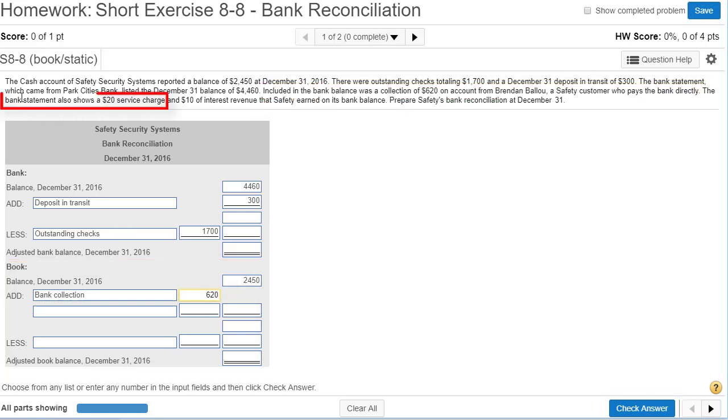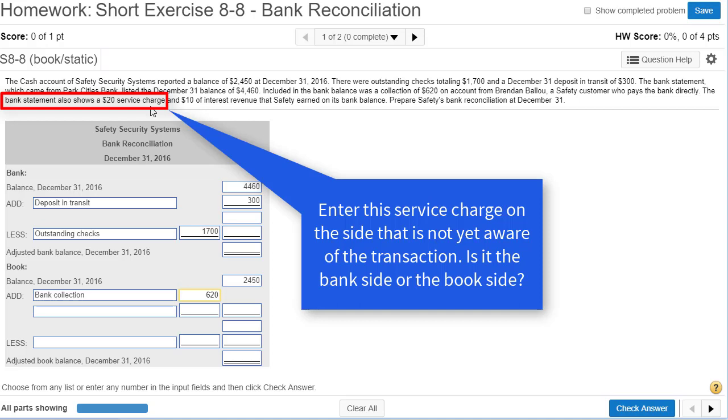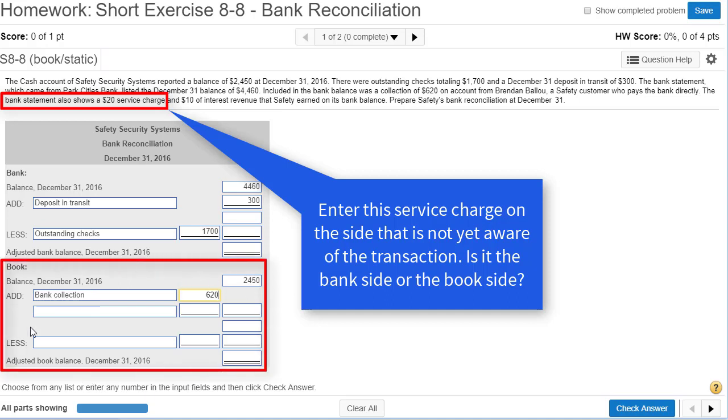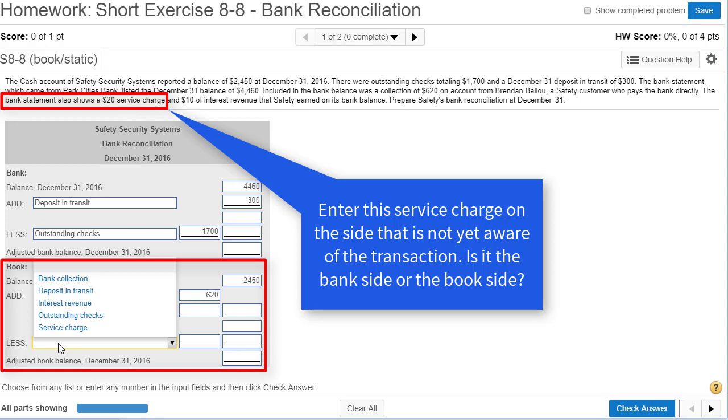The bank statement also shows a $20 service charge. So the bank statement shows a $20 service charge, so it's already on the bank side, but we have not entered this $20 service charge on our accounting records. So we have to put it on the book side, which is our accounting records. And since it's a service charge, we're going to put it under less. We're going to have to subtract that